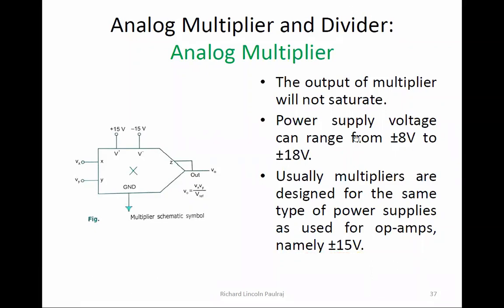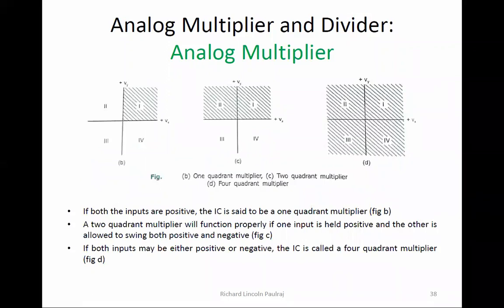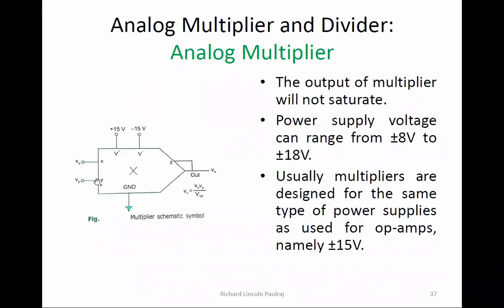Right. Now let us understand there are 3 conditions here. I hope all of you know these are called quadrants: first, second, third, fourth. In the first, it's positive and positive, and then here it's positive and negative, and in the third, it's negative and negative, and negative and positive. So we are all very much aware of the first, second, third, and fourth quadrants. So we will see what kind of combination you give to this Vx and Vy, and what kind of outputs we are going to receive.